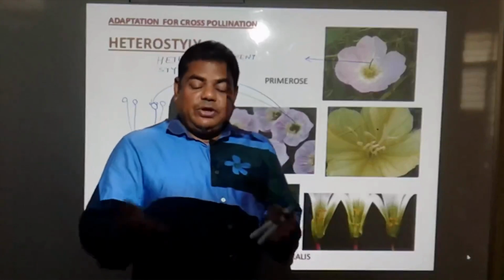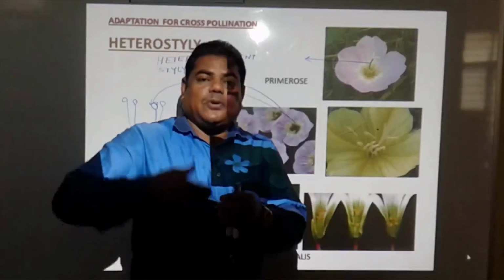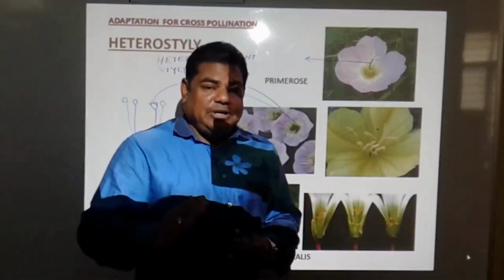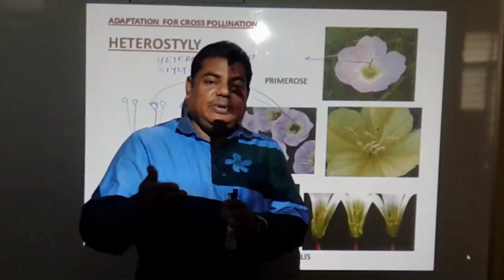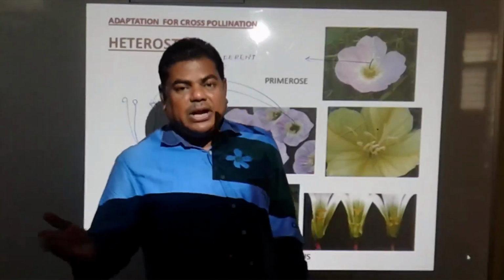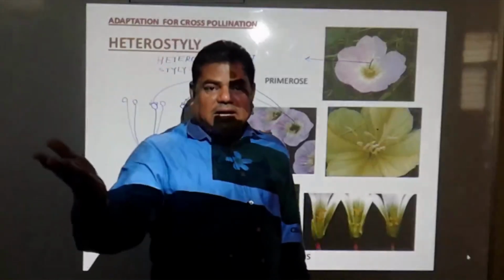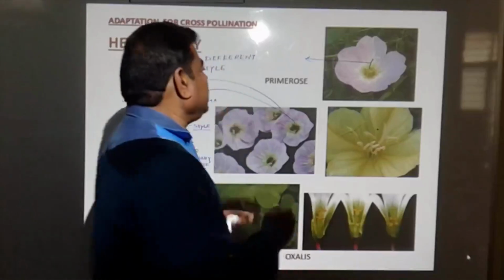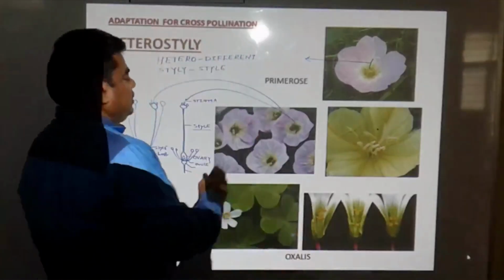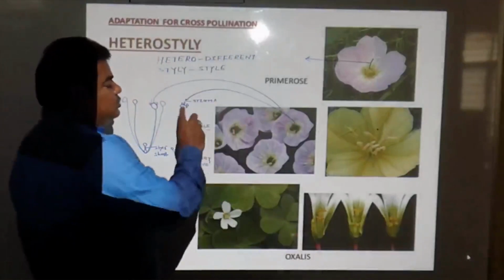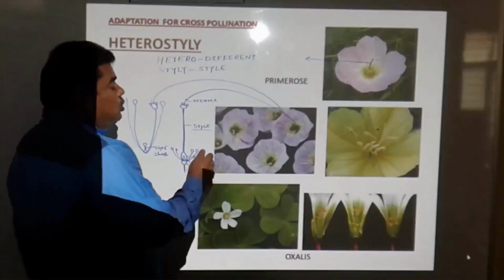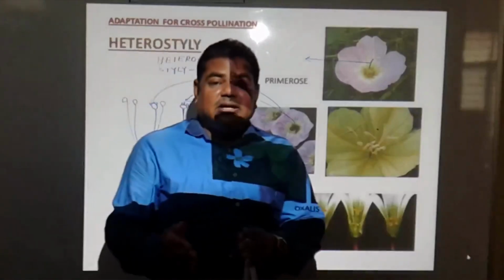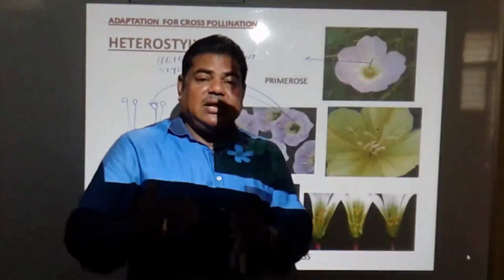In plants also, by self-pollination generation after generation, the production of the plant decreases. We call it what? Inbreeding depression. So to avoid inbreeding depression, there is a need to cross such plants or animals with other races, so that the production is tremendously increased. So why do these plants gain cross-pollination, though the plants are bisexual? They still gain cross-pollination to avoid inbreeding depression,